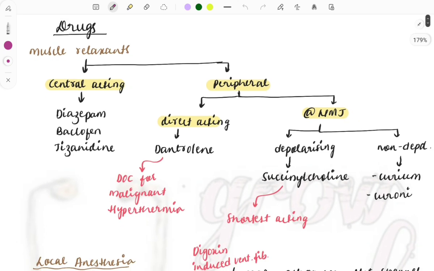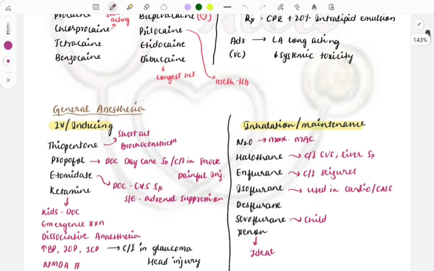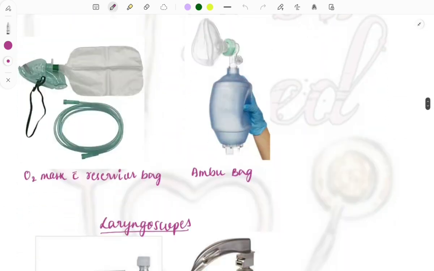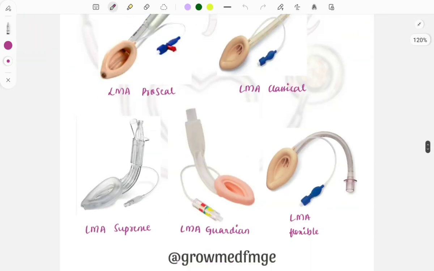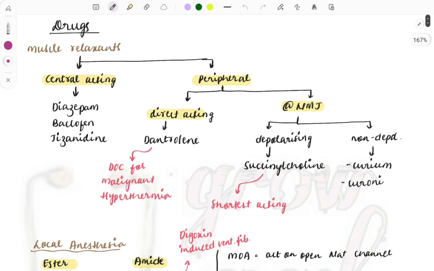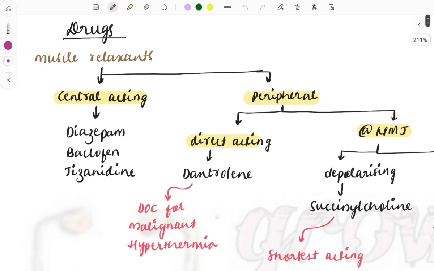So in this video we will be discussing anesthesia, and this is the first video which I am uploading for anesthesia, and in this I have tried to cover all the important things. Matlab, you will be watching this one video and one video will be sufficient for you in the last minute revision. The images, everything have been covered here, and if any point is missed then I will be sharing it